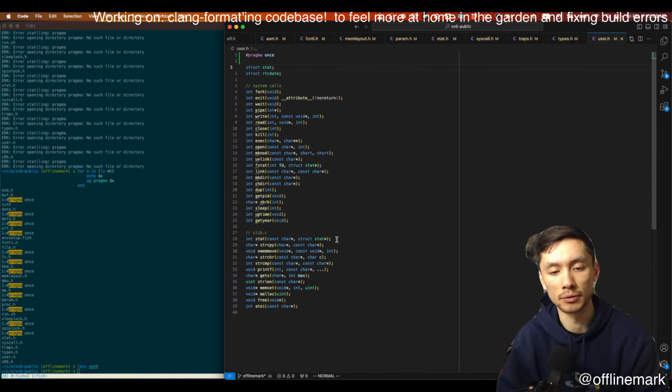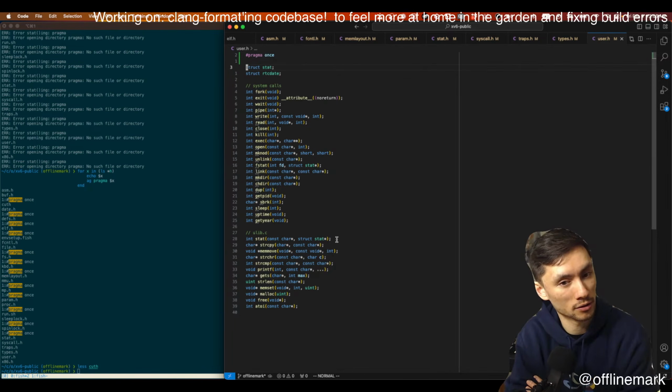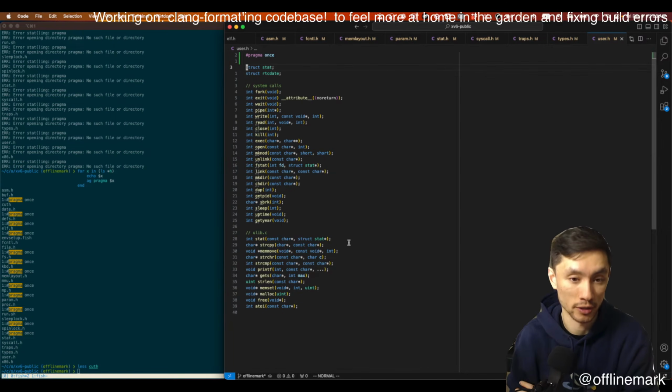But if you only need a pointer, the compiler doesn't need the full type definition for this translation unit, because pointers are a constant size.